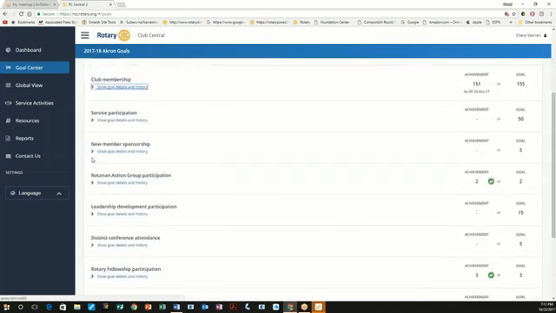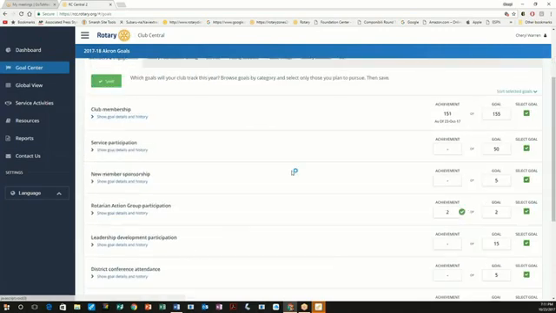So then as we continue, we'll edit service participation. If this is one of your goals, again, this will start out blank and you will click Select Goal and you will put your goal here. As for achievement, some of your achievements will come over straight from the system.